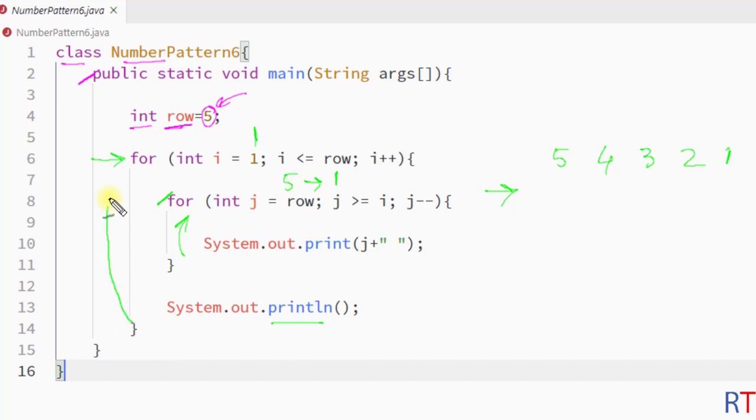will go back to the beginning of the outer for loop, and this time the value of i will be 2, so the nested inner for loop will run from 5 to 2. So in every iteration of the inner for loop it will decreasingly print the numbers from 5 to 2. And then again we have the println method, so there is gonna be one line break, and again the